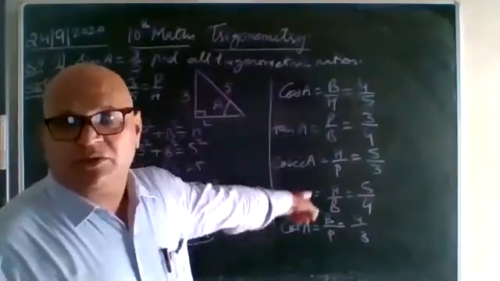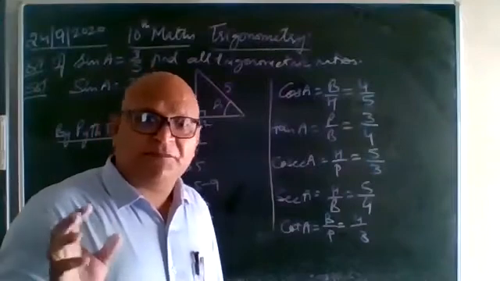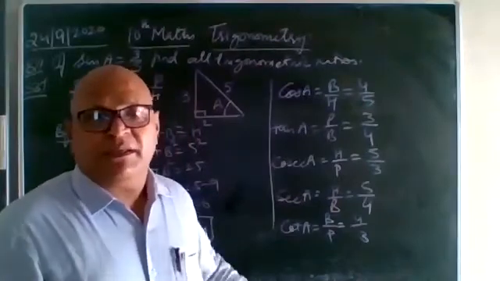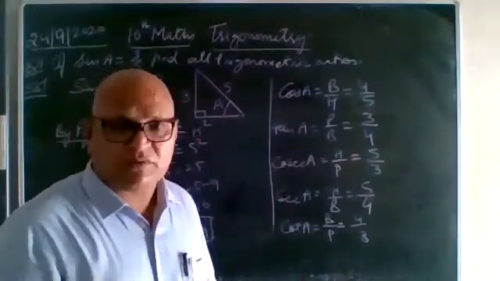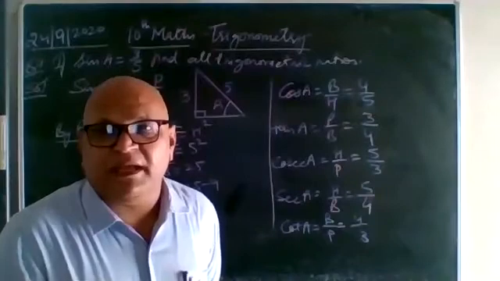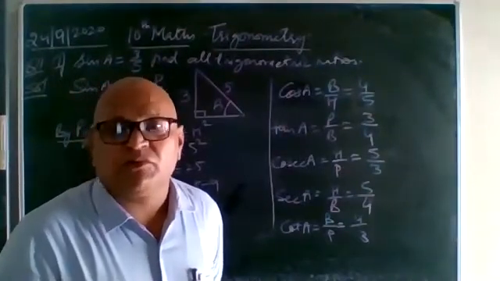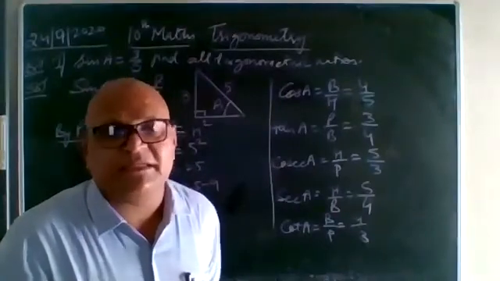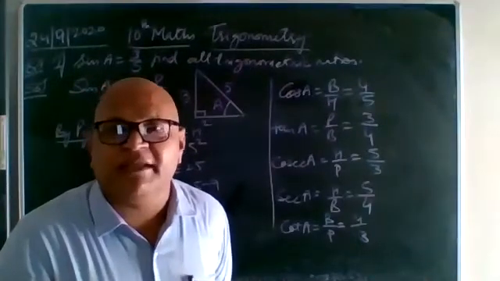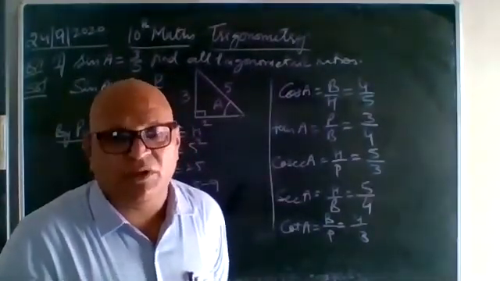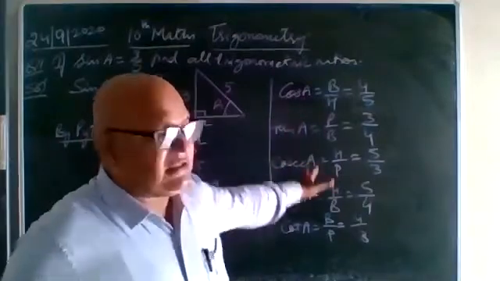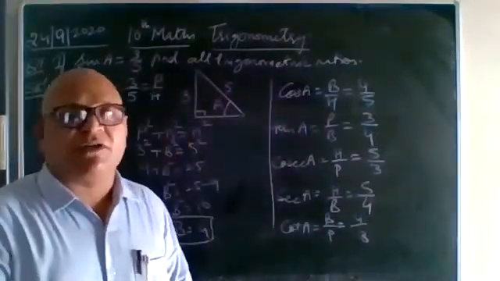Understood or not? So this is the first method, and the first exercise you have to do like this. Now in the exam, they will not only say find all trigonometric ratios. They will say find only cosec A. If sin A is given and I say find cosec A, you know that cosec A is 1 upon sin A, and I have given sin A, so the reciprocal of sin A will be cosec A. So it depends on you how you are able to find out the trigonometric ratio. So this is the first method by which you can find out the trigonometric ratio.